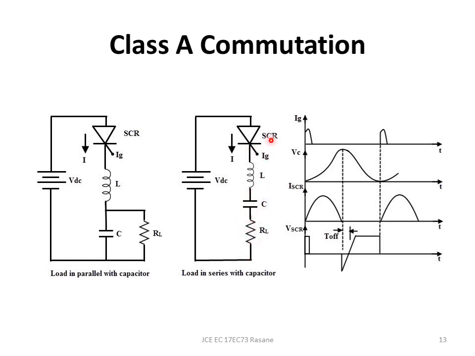So we have this waveform with respect to the gate current, this with respect to the voltage across the capacitor, and this is the current flowing through the SCR, and you will see that even though the input is DC, we are going to get this because of the LC combination. The resonant circuit current will be a little sinusoidal in this fashion, and we have the voltage across the SCR. These four waveforms are important and you should be able to explain them in class A commutation.